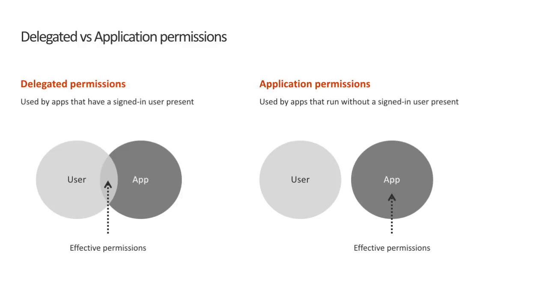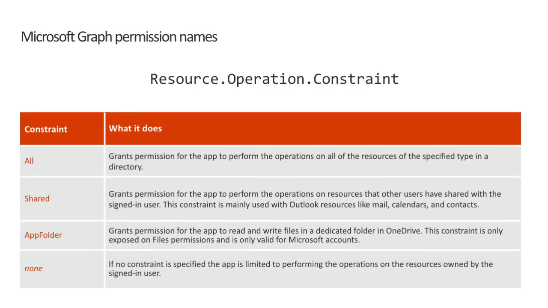Application permissions are a little bit different. The effective permission of your app will be the full level of permissions that are implied by the permission. For example, if an app has user.readWriteAll application permissions, it can update the profile of any user within the organization. Now, the permission names for Microsoft Graph app-based applications are going to follow the pattern of